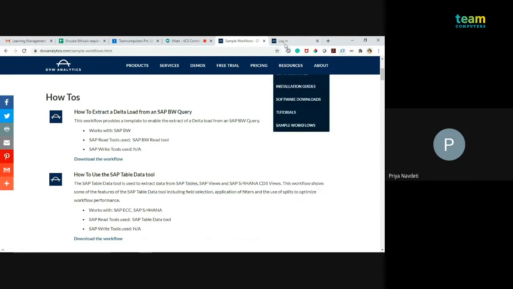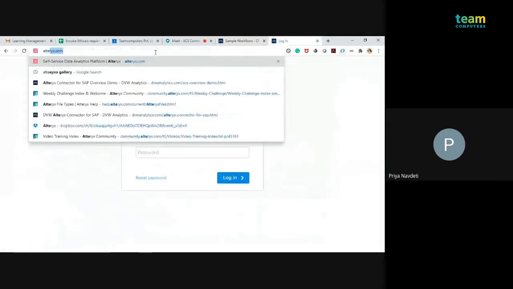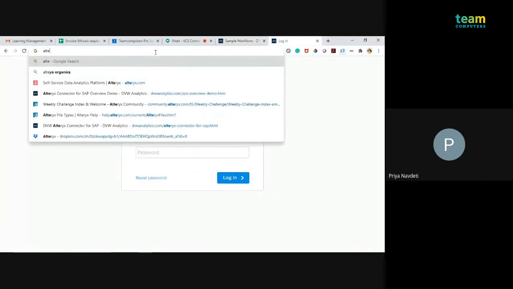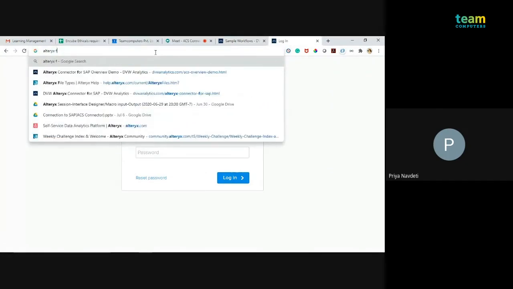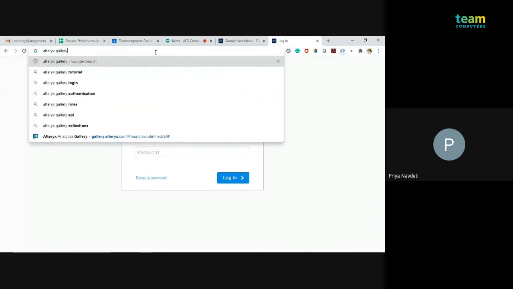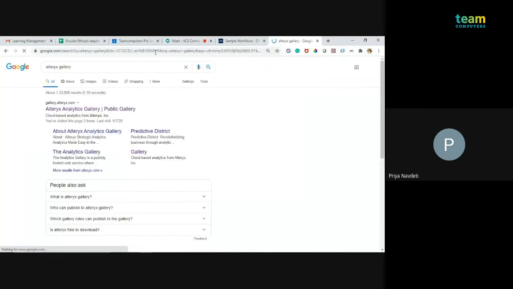Even in the Alteryx gallery, if you open it, workflows and examples regarding this are also available.